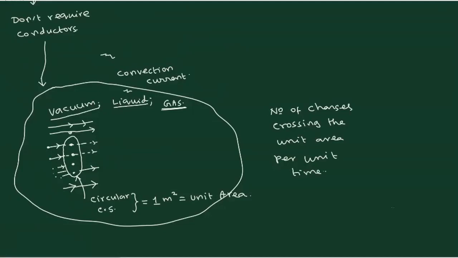Because it is continuously traveling, right? This electron will move out and the next electron will come. That electron also will go and the next electron will come. Therefore, if you don't specify per unit time, you also don't know how to count that. So you will have to wait for 1 second. Unit time means 1 second.